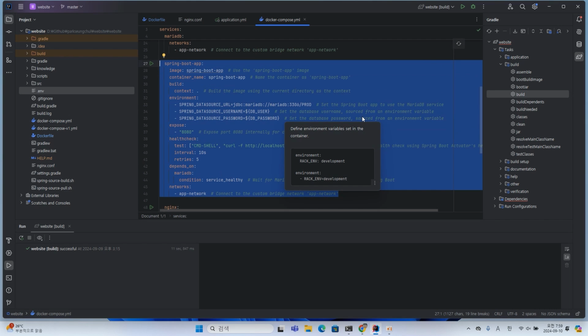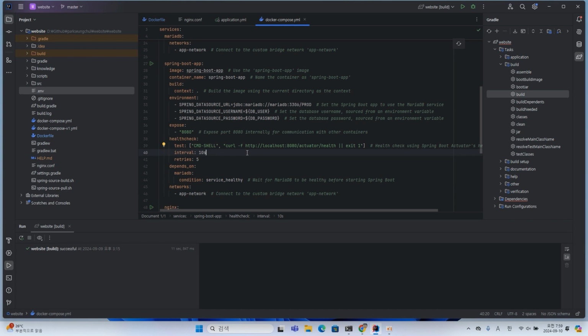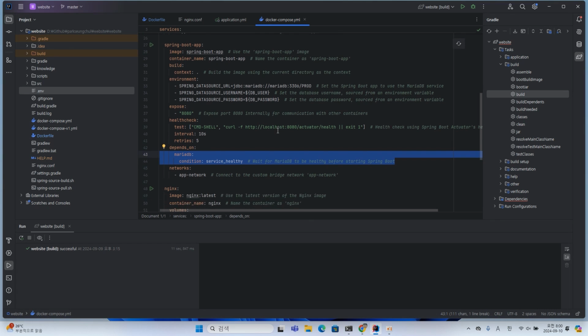The Spring Boot application connects to MariaDB and exposes port 8080 internally. It uses actuator health endpoint for health check. MariaDB must pass the health check for Spring Boot to start.